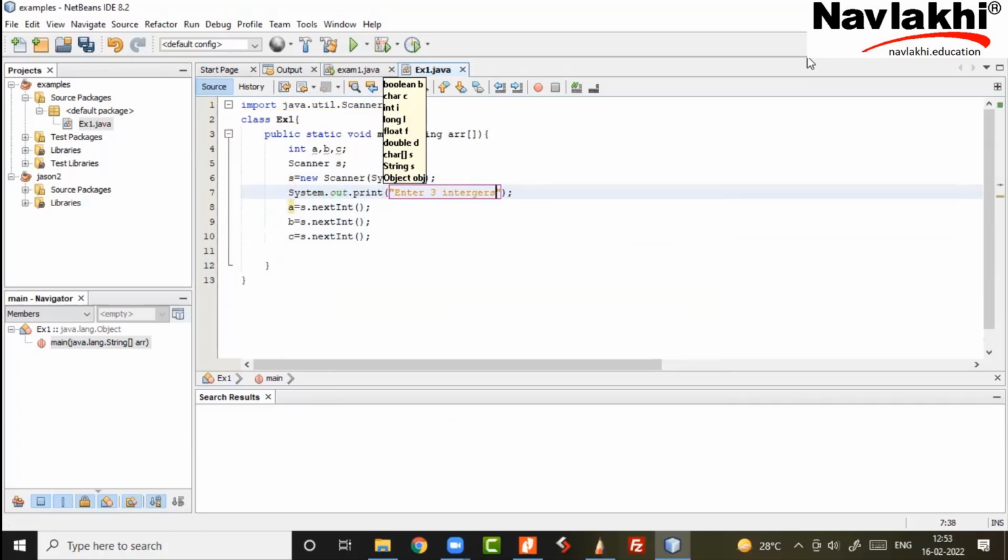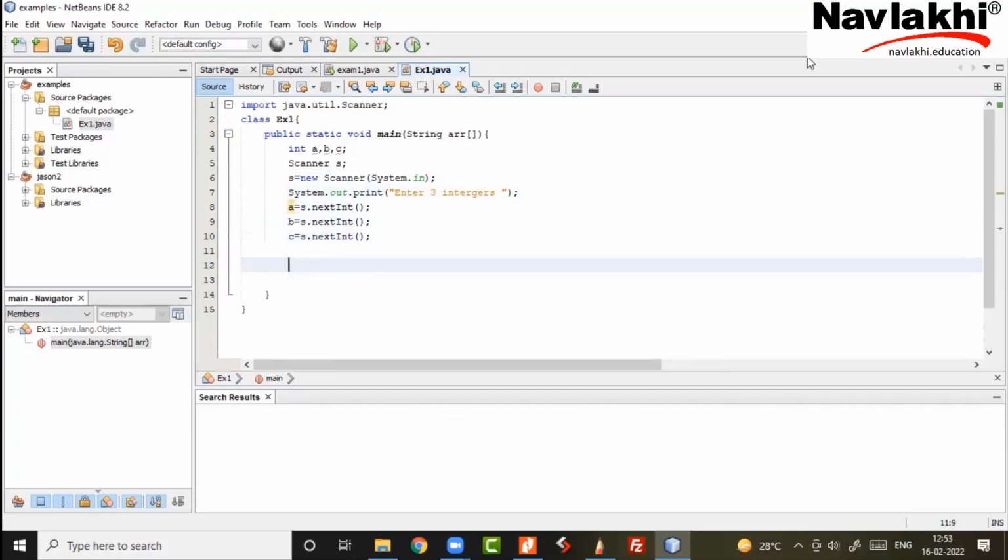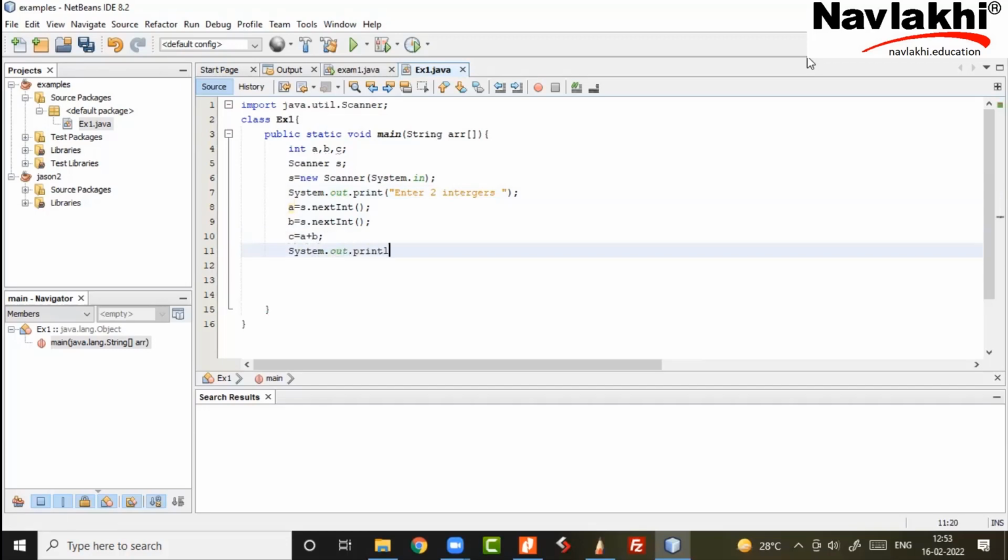Sorry, 3 integers, my bad. It's addition, so 2 integers. And then calculate C as A plus B, and then System.out.print, not println, I don't need that. I'm going to print ln later. And I print C. Okay, if I run this program,